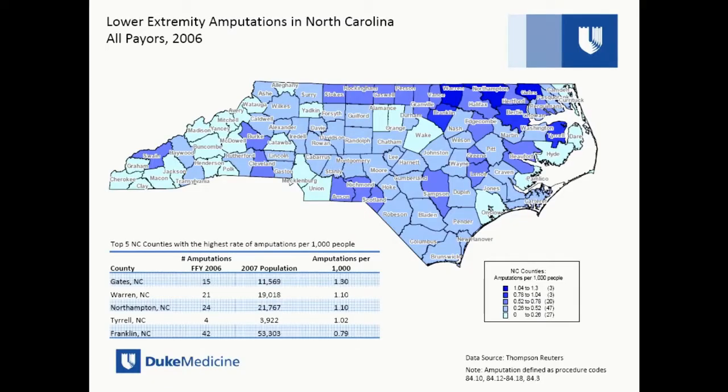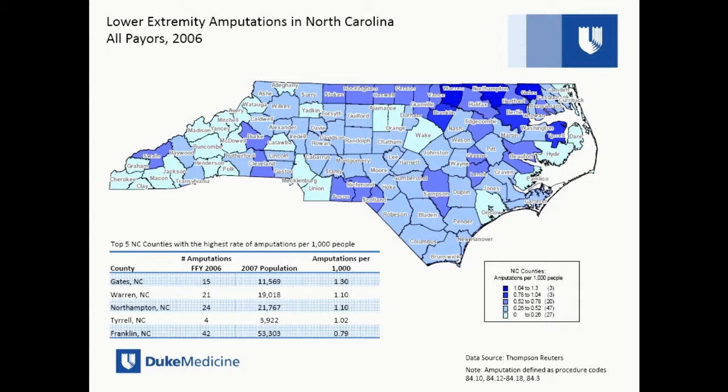When I was finishing fellowship 10 years ago, Manesh Patel gave me this slide, and he said, go publish this. I said, it's a slide. Where's the data? And he said, that is the data, go publish it. I never published from this slide, but it's MedPAR data from North Carolina that shows where most amputation is occurring in North Carolina. That got us thinking about how we can deliver care within the state that we live in and the health system that we help operate in.